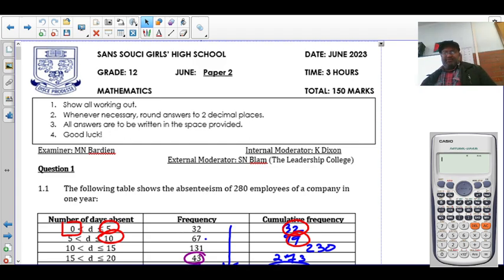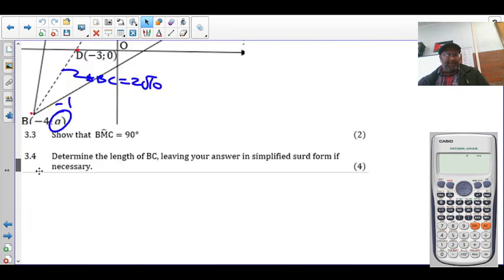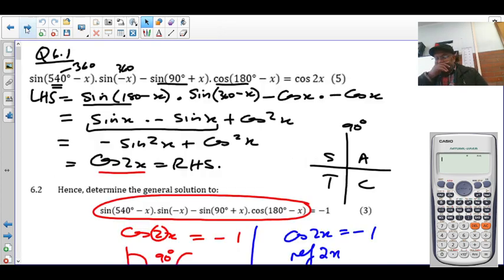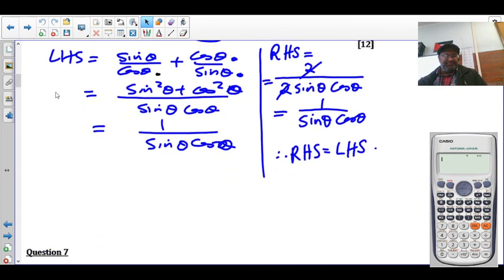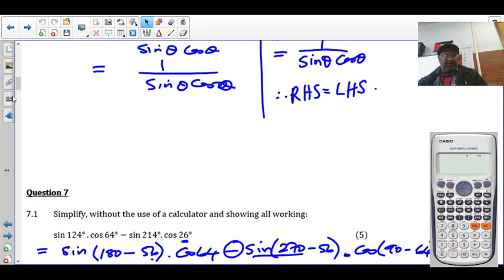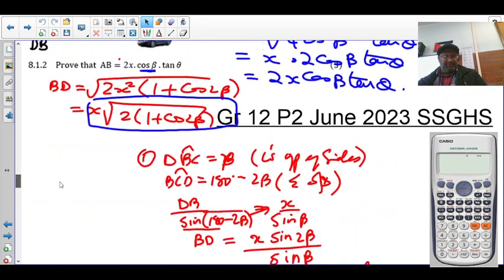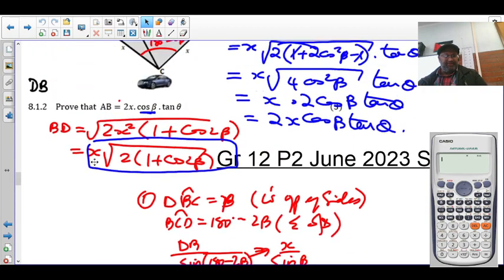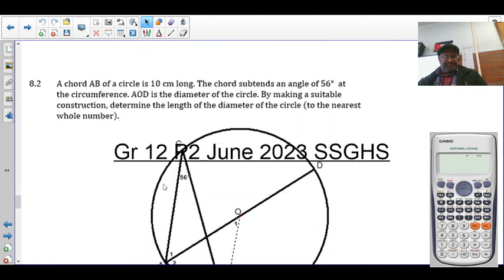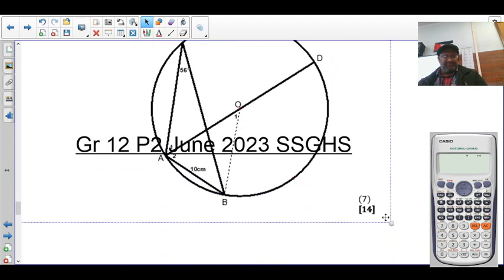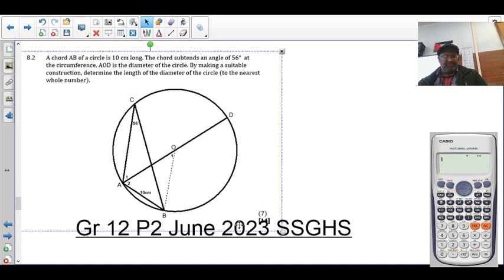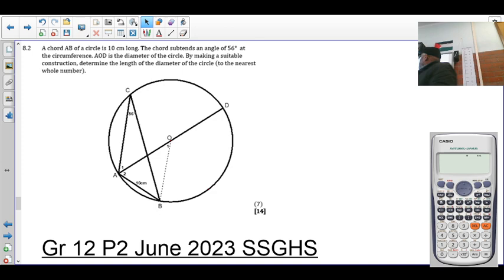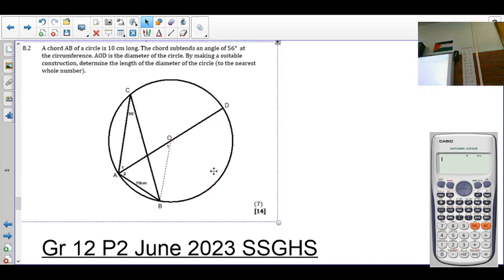So today we're looking at the paper 2 that you guys have written, the June 2023 paper 2. Just see how far we got. Yeah. So we're on question 8.2. Okay, so in question 8.2 we are told that